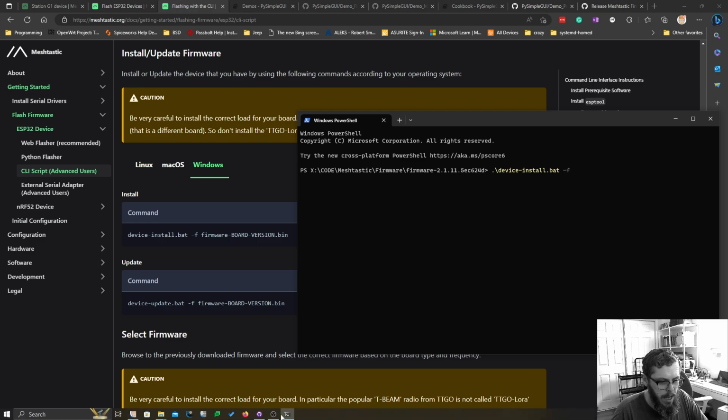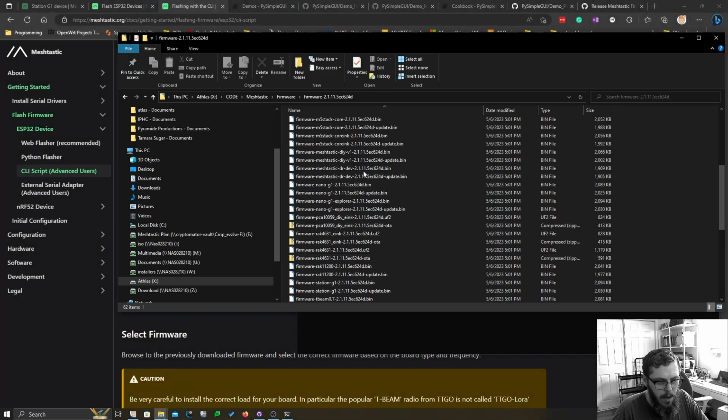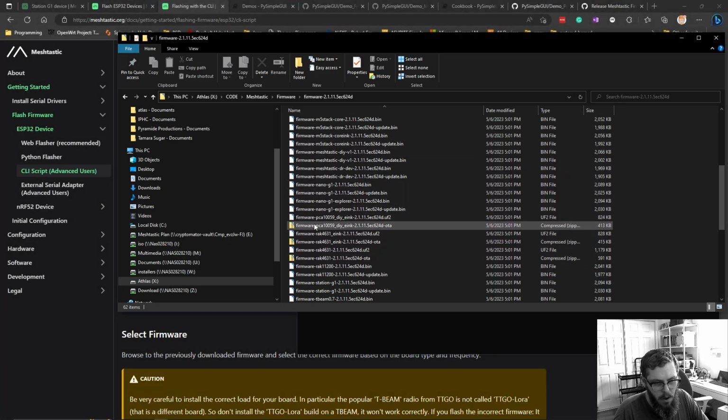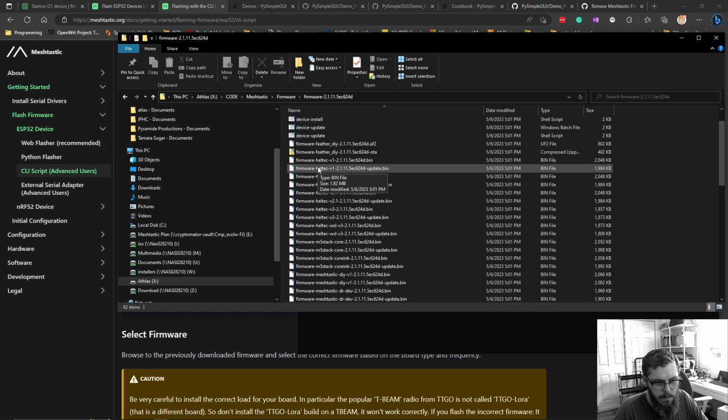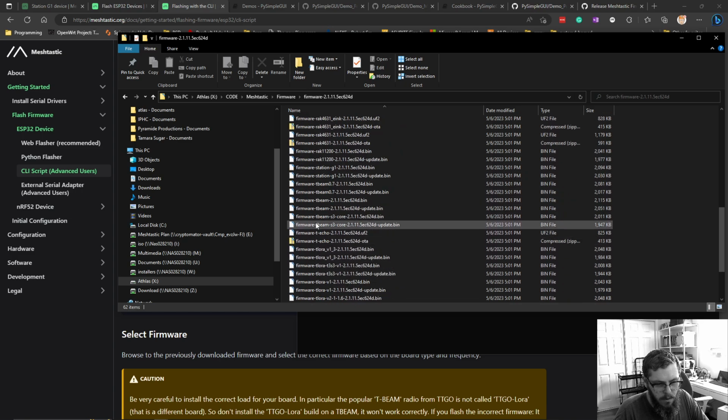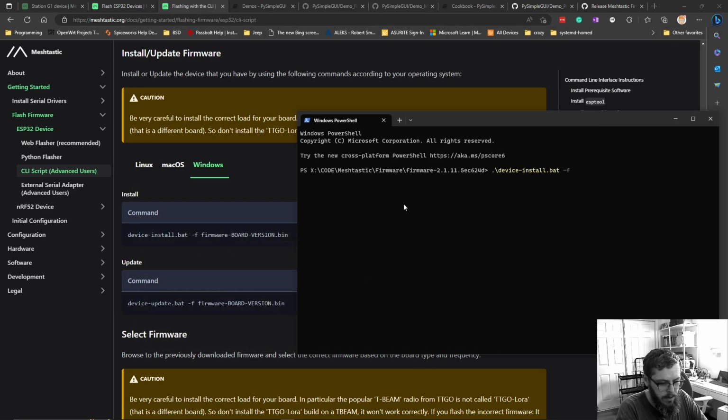Now if you're like, oh, what was that name again? You can come back up here. It will auto-complete a lot of stuff. And as you can see, they all start the same, and then they use a designation right after firmware. So we can start with firmware. Oh, if we did that, we don't want that, right? Let's back it up. T-beam. What happens when we do that? Oh, but double check. Remember we said that's the original one, so we don't want that one. And now we've got